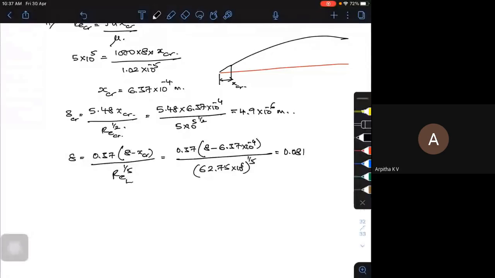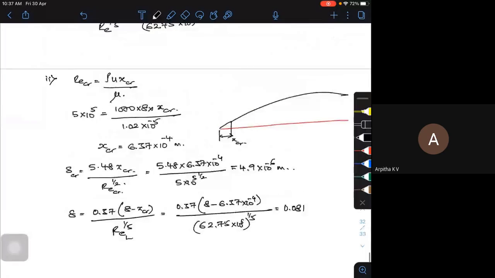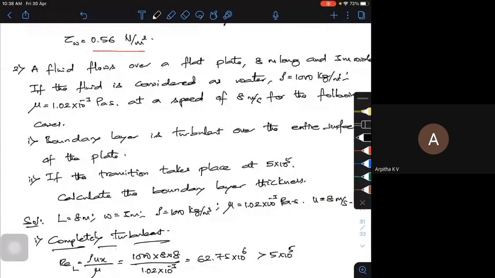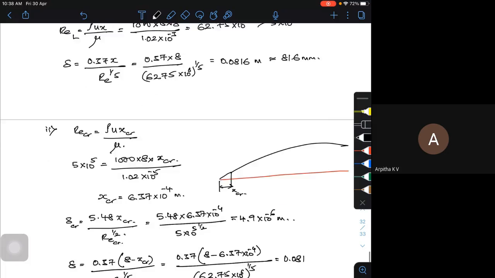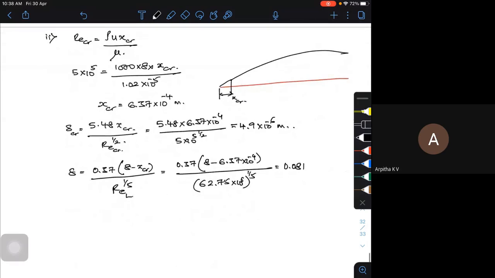So it's very similar to what you got earlier. Here, only to show that when you have a heavier fluid on a long plate at 8 meters per second, what you will be having is a turbulent flow. The laminar part will be very, very small compared to your turbulent part. That's it. If you want, you can take one more problem. Maybe two more problems I can give.